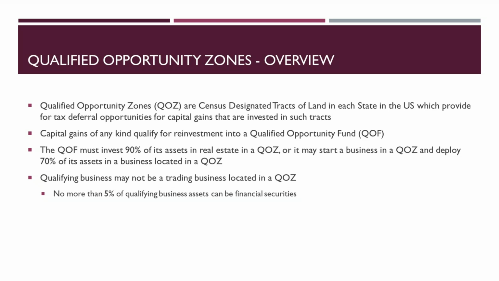Okay, now, many of you who may be familiar with this or are paying attention here may be thinking, why don't I just take some capital gains off the table and start a trading business in a QOZ? I mean, in theory, that's a brilliant strategy, and it would be fantastic if it was allowed, right? But unfortunately, it's not. And the reason is the regulations specifically say no more than 5% of a qualifying business's assets can be financial in nature. So securities, unfortunately, would qualify, and that would end up disqualifying one who's looking to start a business in a QOZ. With that said,